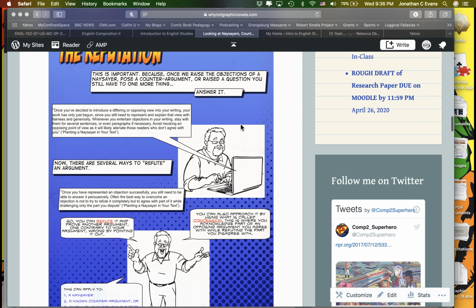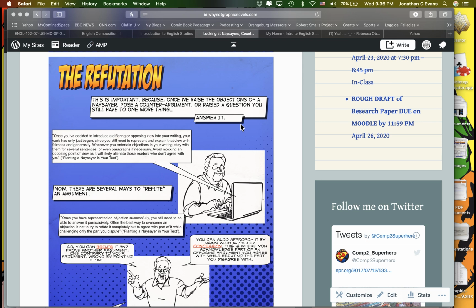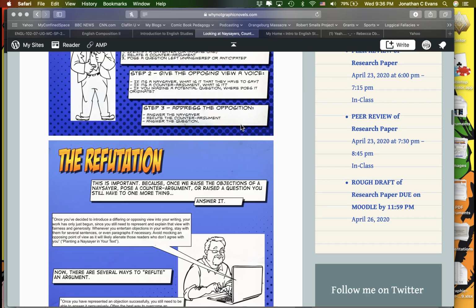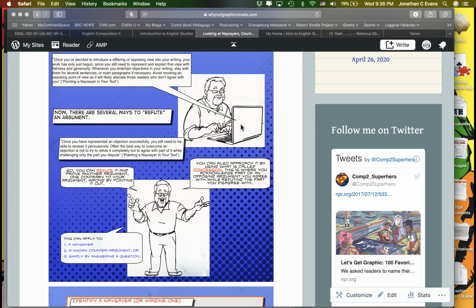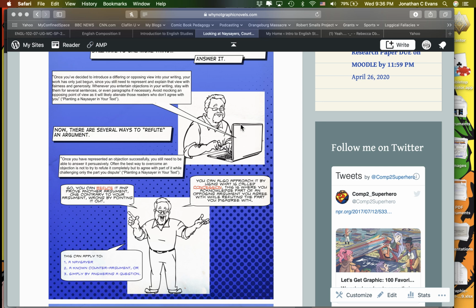Yeah, this is the slide that didn't load. This idea of refutation. This is the one that didn't load for us previously, so I don't know why it's not loading on that page, but it's up on the page, so it wasn't on that version of it. This is where I just talk about the idea that there are a couple ways to handle this.